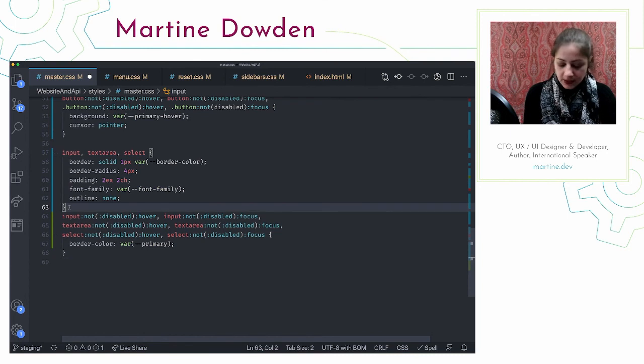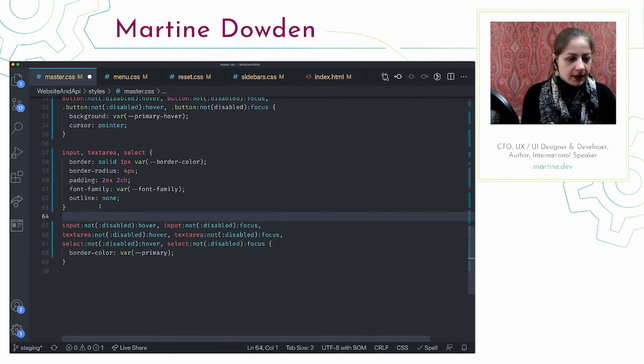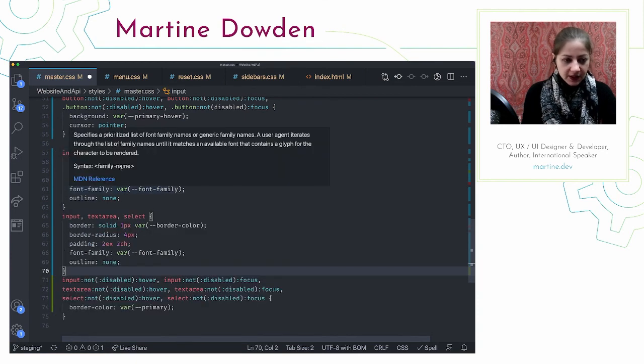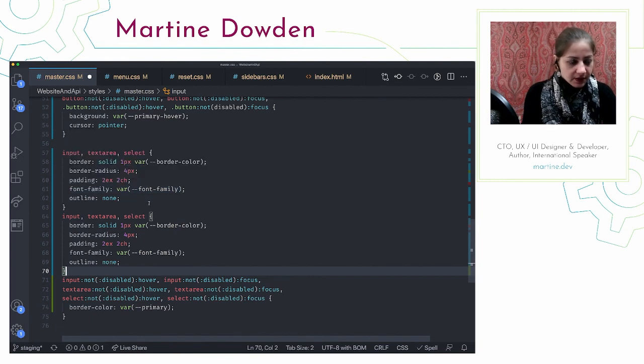What we can do is pick out what is going to be standard across all of our use cases and then specifically handle disabled versus not.